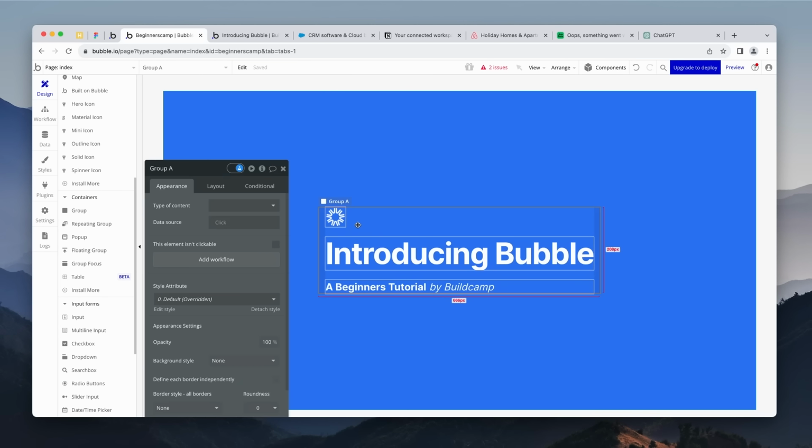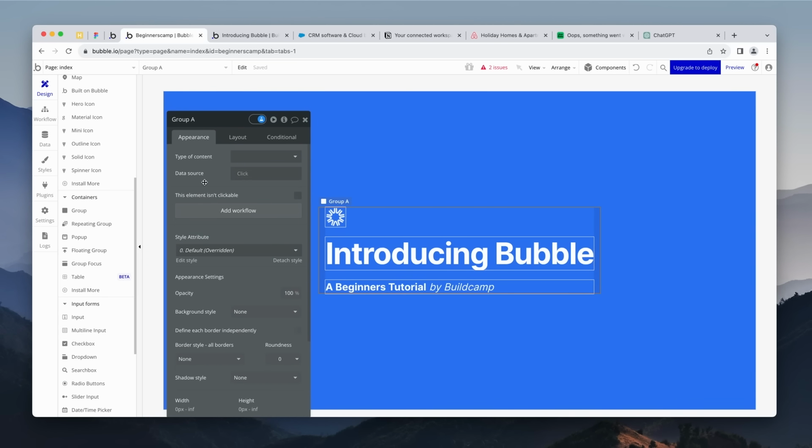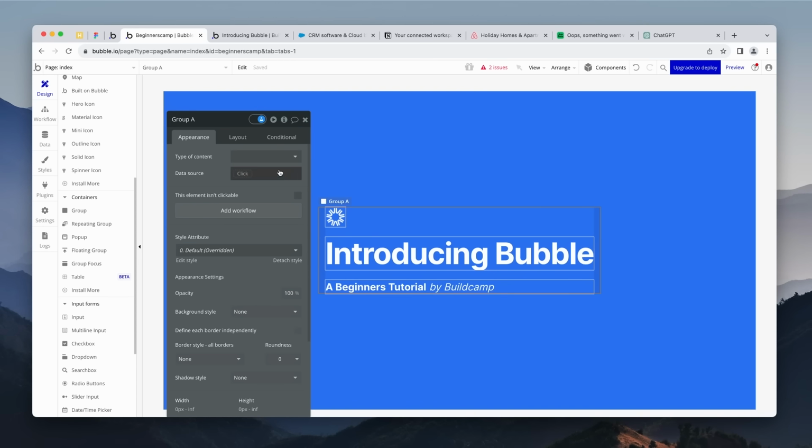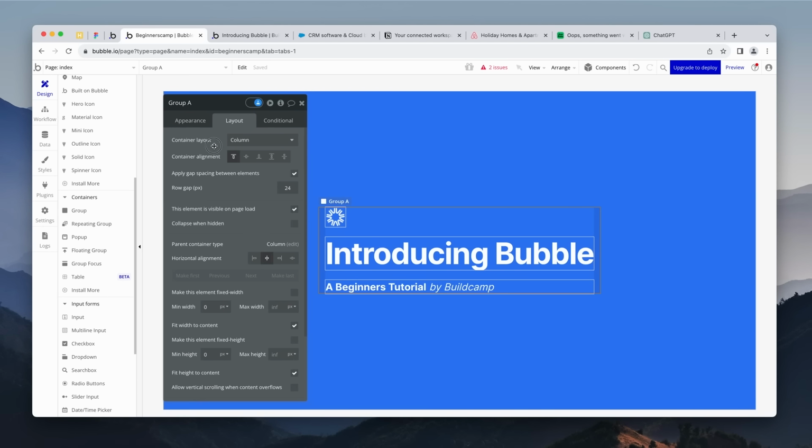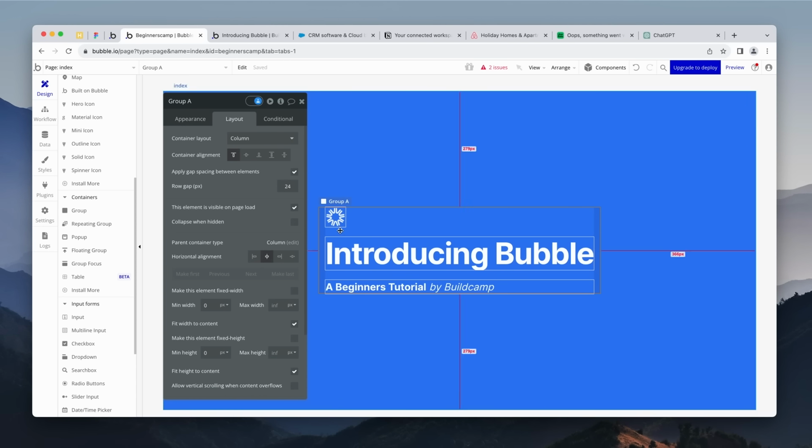So this is a group here. Grouping is a way to keep elements in place and to order and position them. Bubble uses Flexbox. Just call it Flex for short, and it's very, very powerful, and it allows you to basically change the order of things. So if I head over to the layout tab,